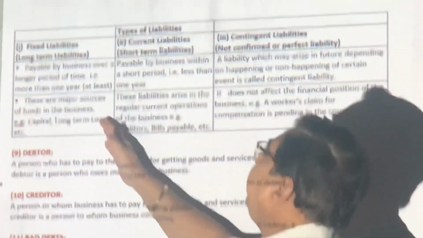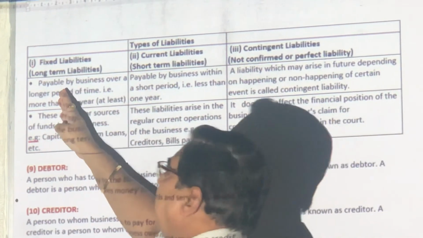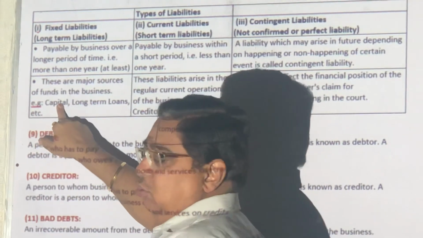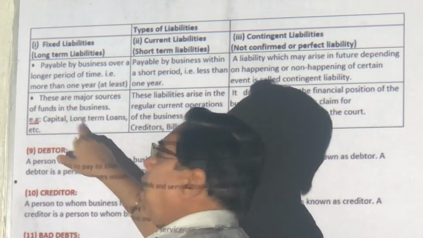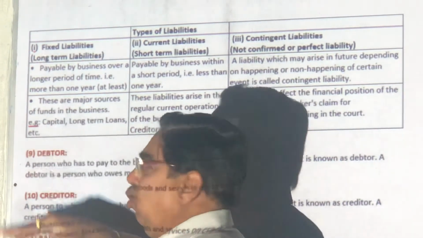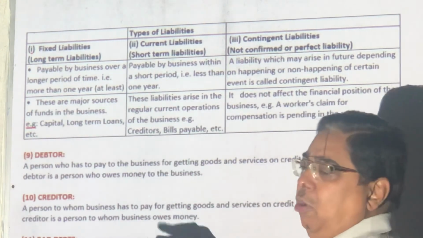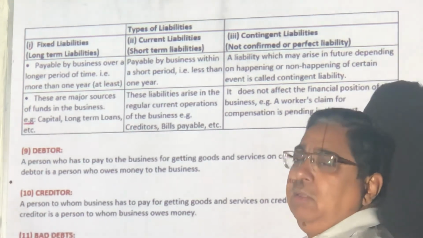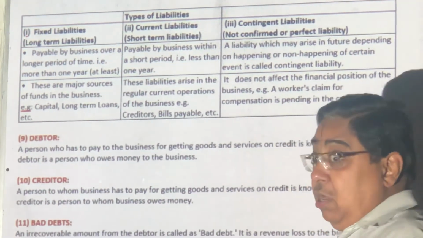Again, you have 3 types of liabilities. First, fixed liability. Long term. Okay? Now, capital. I'm not going to take out the money every day. If I have kept it in business, I'm going to use it for 10-15 years. Long term loan from the bank. 5-year loan. Short term. Creditor. I bought the goods, I have to pay him in 10 days, 1 month. Bills payable. Okay, I have signed the bill. Okay, we'll check and we will pay you. But immediate, right? Short term.